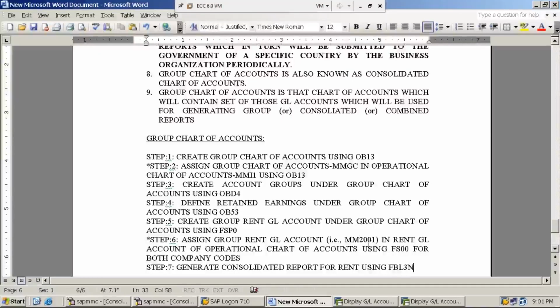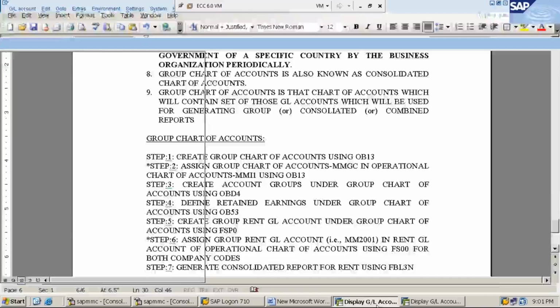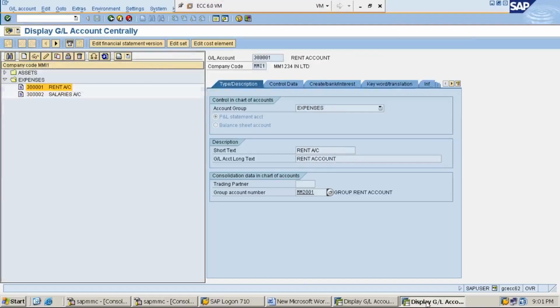Consolidated rent report means a report with respect to the MM2001 GL account, correct? So by viewing this MM2001 consolidated rent GL account, that report shall have information related to rent with respect to company code MMI1 as well as company code MMI2 in one single screen, correct? So that is why it is called consolidated, combined, group. Okay, so please take down